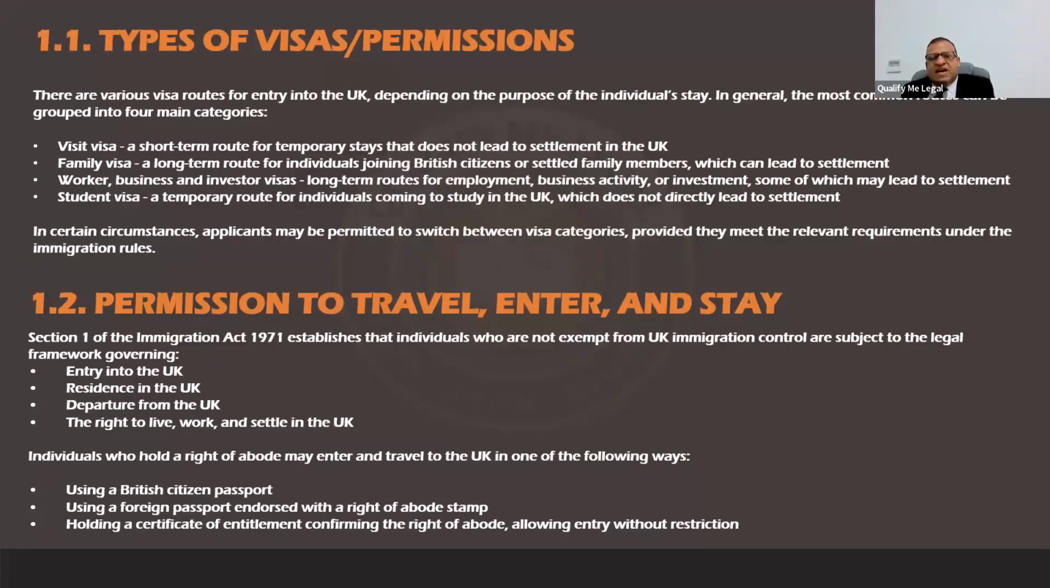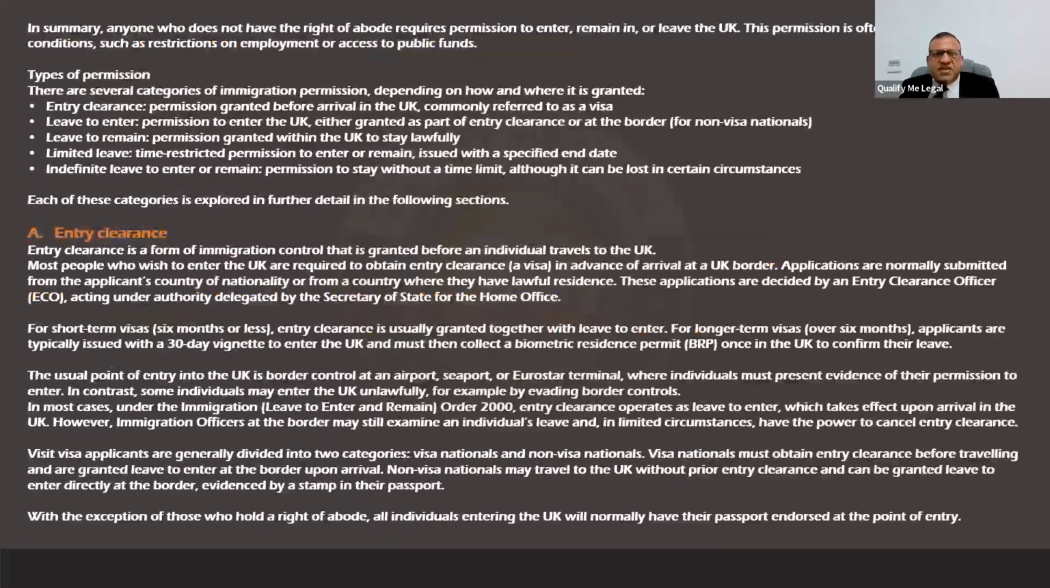However, those people who have a right of abode may enter and travel in the UK. How are they going to enter and travel? They can enter the UK by using their British passport. They can enter by using any foreign passport, but that passport must have a right of abode stamp on it, or an individual holding a certificate of entitlement from abroad can enter even on that certificate. So this was the whole crux. In summary,